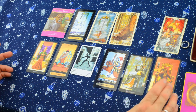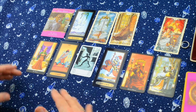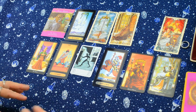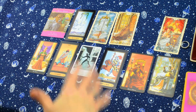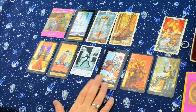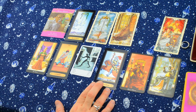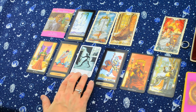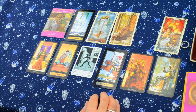We have the Knight of Wands, the King of Wands, and the King of Swords. They're all very good energies, but I also get that mischievous kind of energy. We have the Knight of Wands, and knights are always the ones that go out and do things. The Knight of Wands especially is very energetic, charming, rebellious, and can even be hot-tempered. And so maybe this person that you weren't sure was your soulmate, maybe the thing that's been blocking it is that they